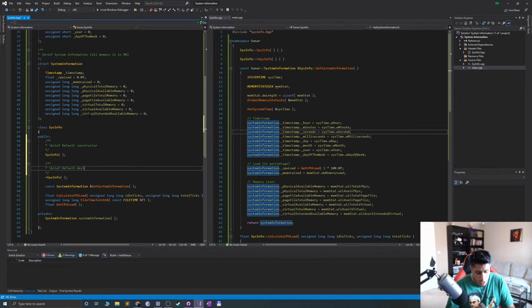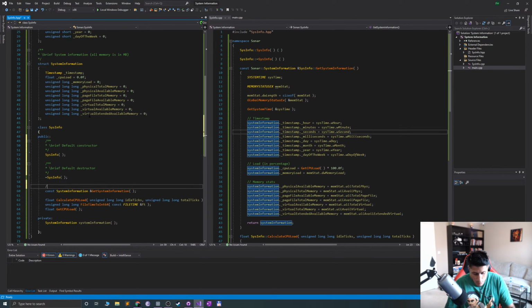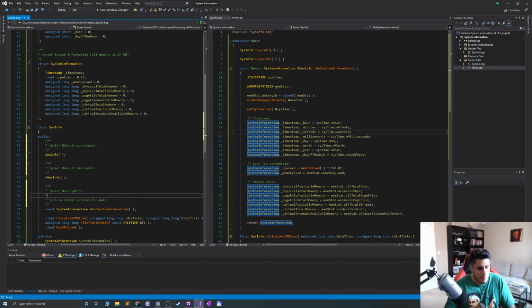Default destructor. So that it has a return type and no parameters. Get the current system stats, returns the system